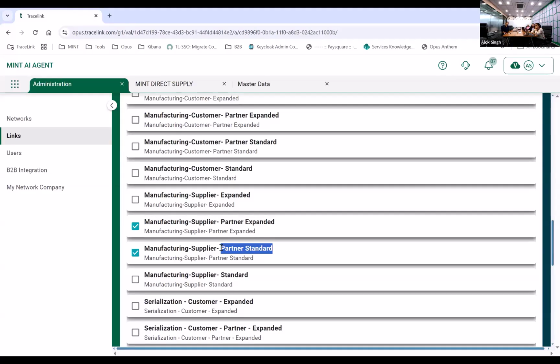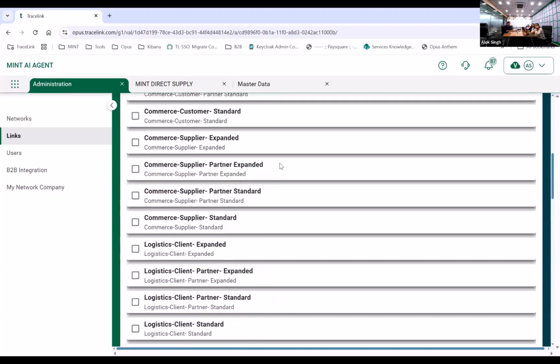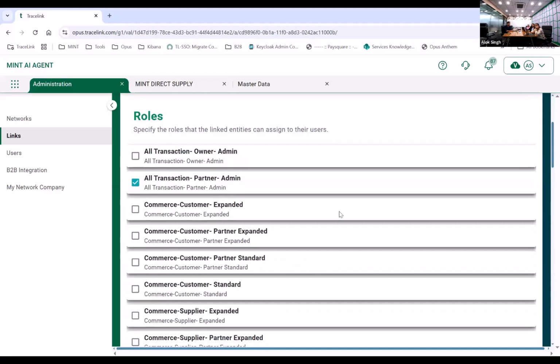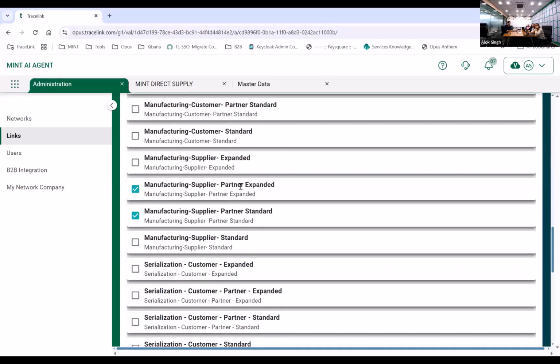So what happens with these roles is the purchase order which an owner sends would appear on the manufacturing supplier partner role. When you have these roles, partners will be able to see the purchase order sent by the customers and they can respond with a purchase order acknowledgement. So we'll select these roles: all transactions, partner admin for partner, and then manufacturing supplier partner expanded,